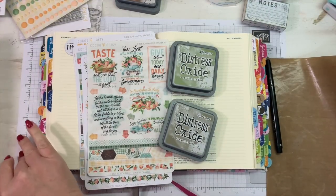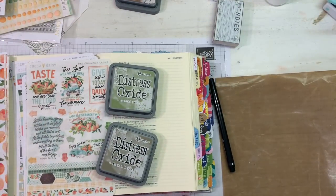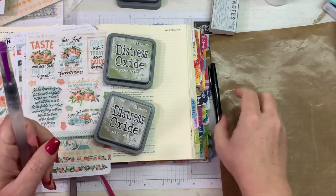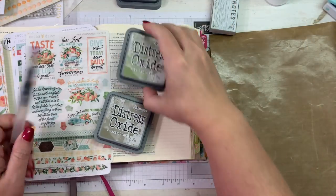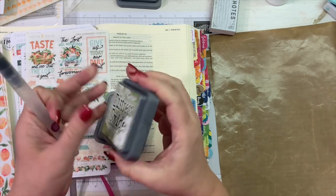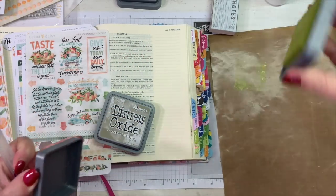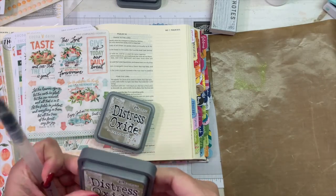I'm getting out my, let's see, what is that? That is the peeled paint and the frayed burlap oxide inks, and my nonstick mat and my Prima water brush pen. And I'm making myself a little palette out to the side